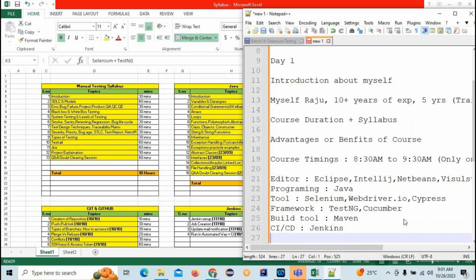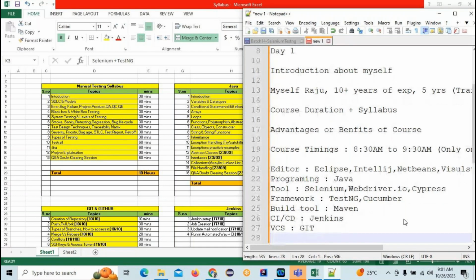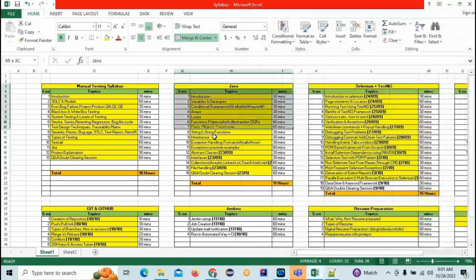And to configure all those things, you need one version control system. That is Git, we are going to use. And next, to store the code which is written by us, we need one central repository. That is called GitHub. Okay, these are the tools mostly what you are going to learn in our course. Once you are done with Java, if you see the Java here, we can see all